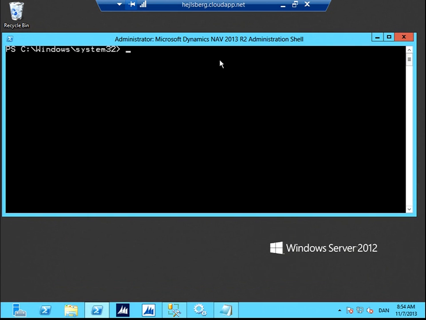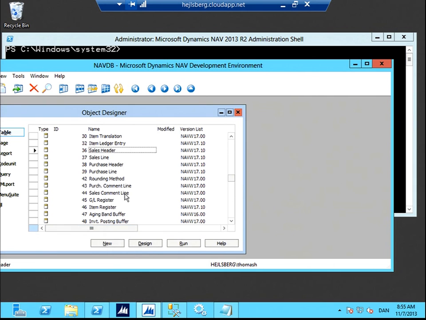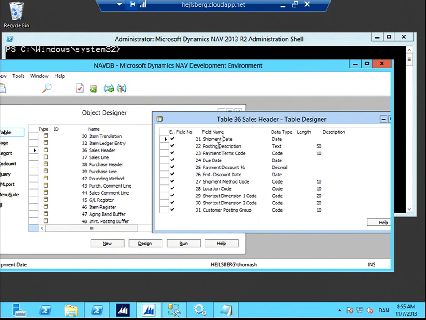Now, what I'm going to do here is, first of all, I want to show you this experience. Let's do a catastrophic delete of a field. So I open up C-side, I find the Sales Header here, go into design mode, pick Shipment Date as my field here, and let's say I want to change the type. Again, this is one of those "do not do this at home" things, to an integer. A pretty bad idea, actually. So what would happen now is, of course, this field contains data, and since I'm changing the type, the field needs to be recreated with that type, and unfortunately that's not possible. So if I go with save here,